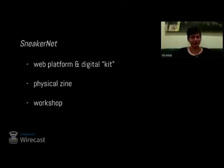The projects that I've moved to as I moved to Colorado have gone further into the examination of our digital lives and the materiality behind them. I worked with a collaborator on a project where we were building digital kits and creating a platform to distribute sneakernet devices. We were building a sort of framework for